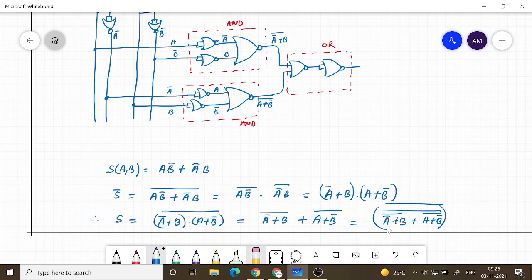So here what is happening, this will be A bar plus B whole bar plus A plus B bar the whole bar. So that is whatever is in the bracket, and then one more complement, you will get basically the starting function, which is S of AB.